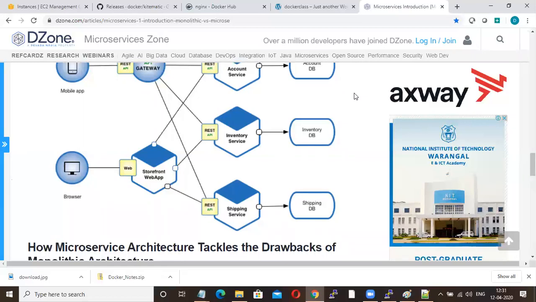To teach at least 60 to 70% of Kubernetes, I need at least 10 hours. Again, for some people this Docker itself will be overloaded, and if I teach one more tool, it will be too much. That's why we have not included Kubernetes in our DevOps tools.